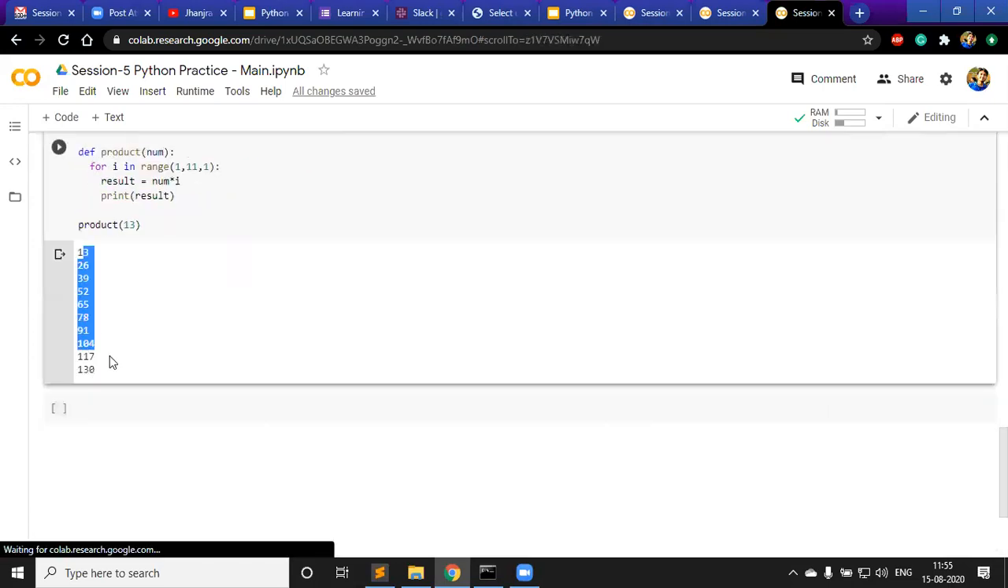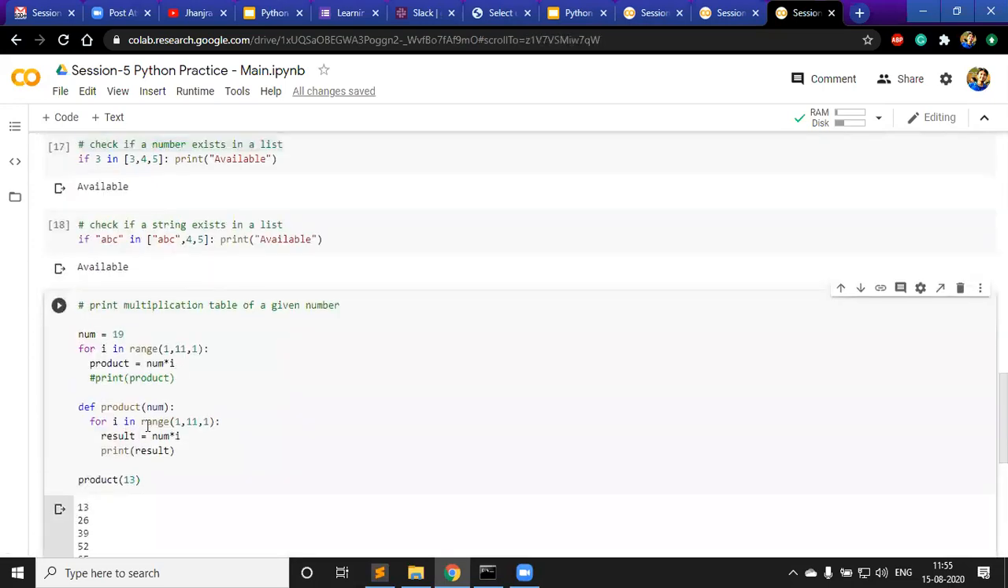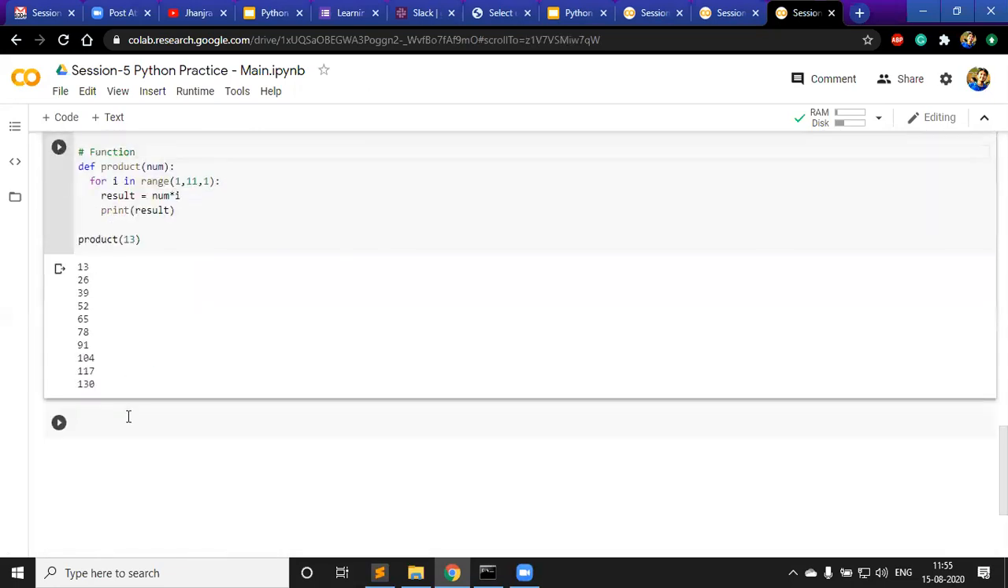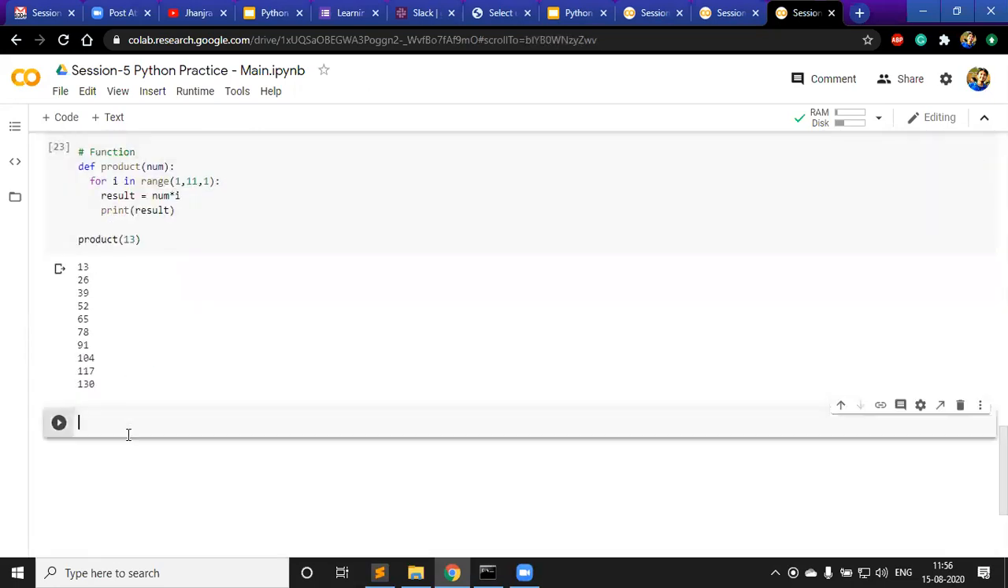So it will just print me those numbers. Right? So this is how you can define a function. Right. So now let's proceed to some other problem,